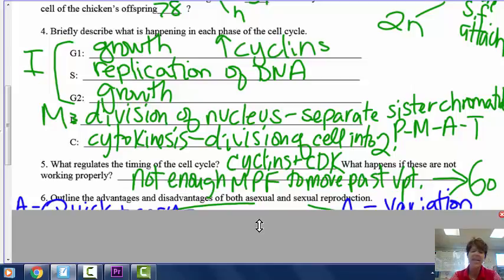All right, the last checkpoint, I don't have a spot for it on here, but the last checkpoint is during anaphase. And before the chromatids are pulled to the poles, there is a checkpoint where the spindle fibers yank a little. And if there's tension, then they know that the spindle fiber has attached to the kinetochore. If they've attached to the kinetochore, then they follow through that checkpoint and go through anaphase